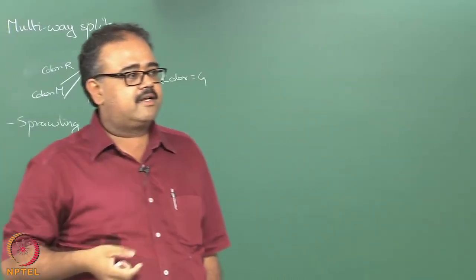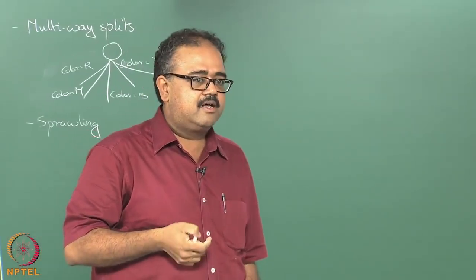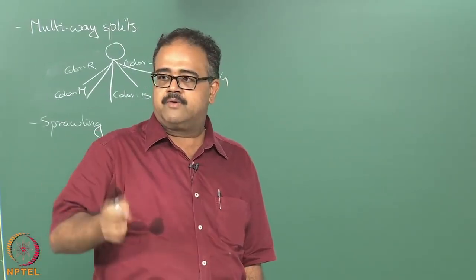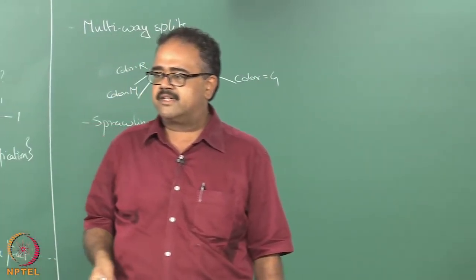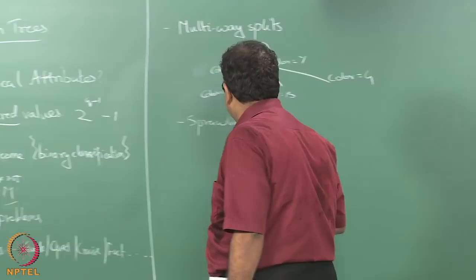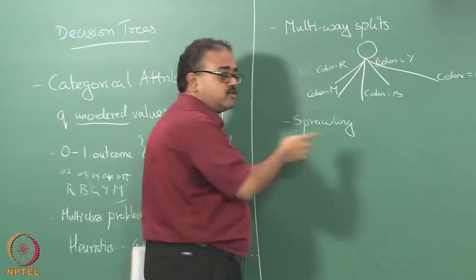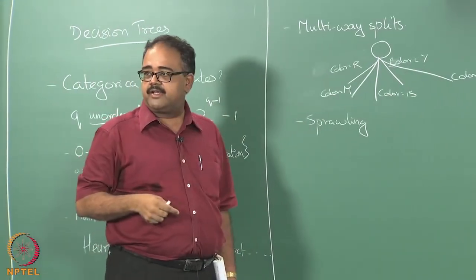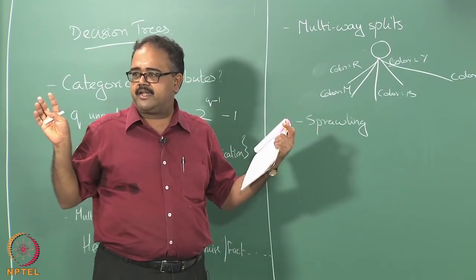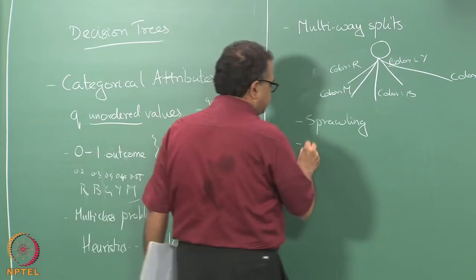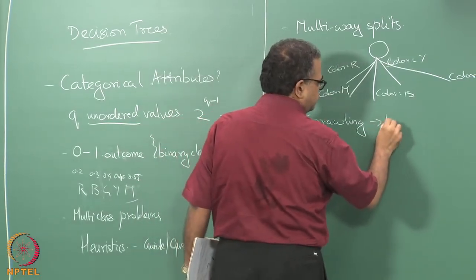So, when we are looking at the squared error measure, I wrote down R1 and R2 where R1 was lesser than J and R2 is greater than J or something, or S, whatever is the split point. But here there is no choice of what is an optimal split point. Once you pick an attribute you split on all the values it can take. So, it becomes sprawling. So, that leads to